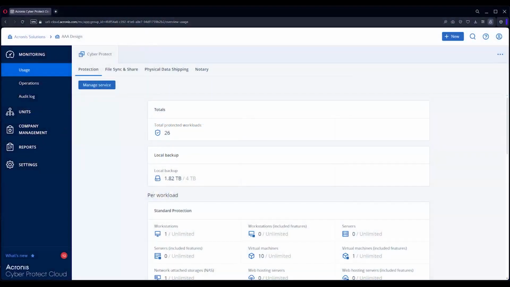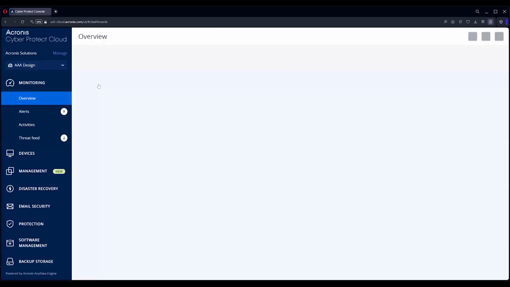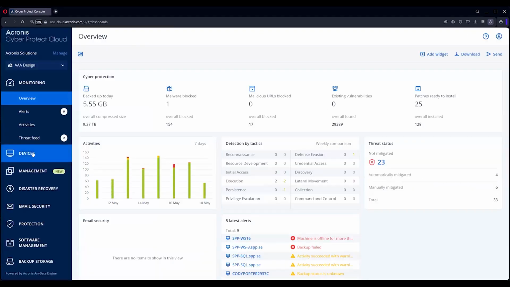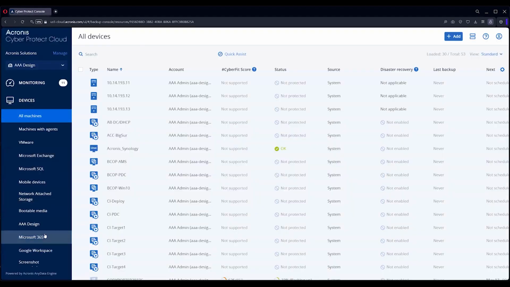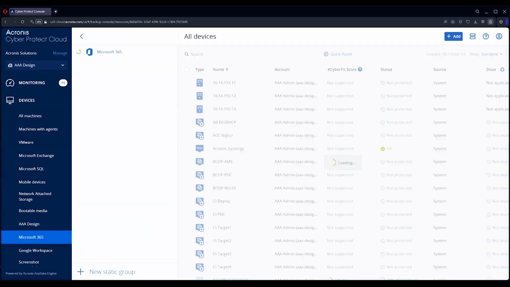Good afternoon. Today's video is going to be on protecting mailboxes, OneDrive, Teams, and SharePoint in 365. First, we're going to get in the tenant. We're going to hit Manage Services, which will bring us over to the backup console, and we're going to go down to Devices, and then just scroll down to 365, and you'll be able to see all of your content, OneDrive, Teams, SharePoint, and